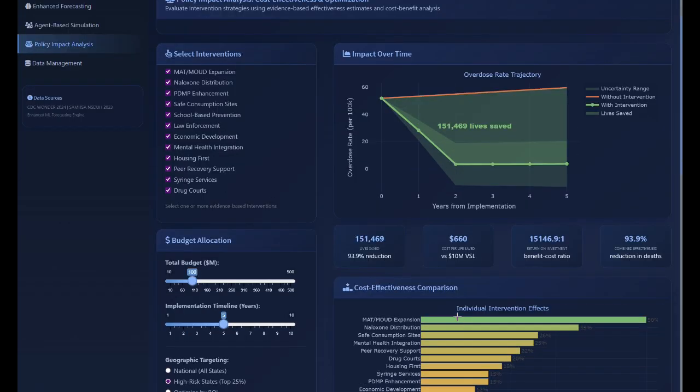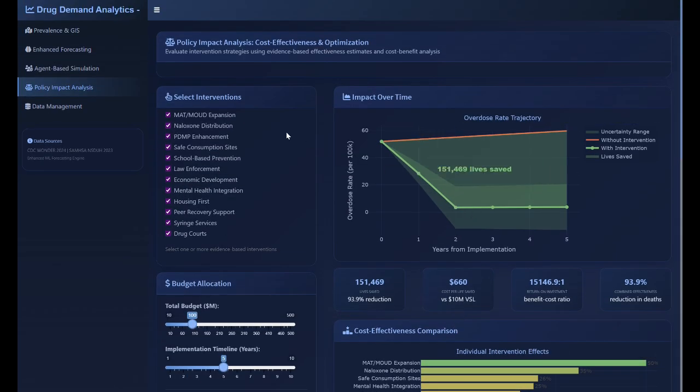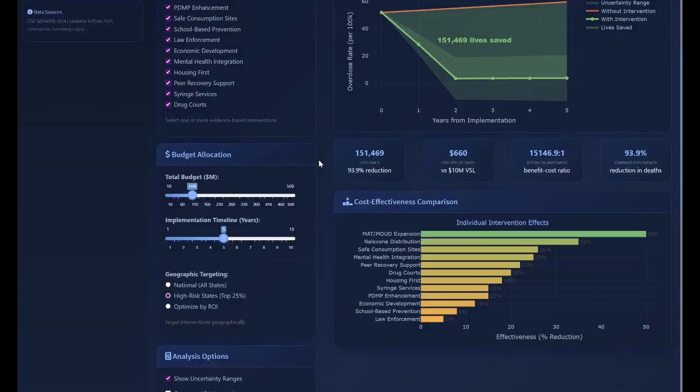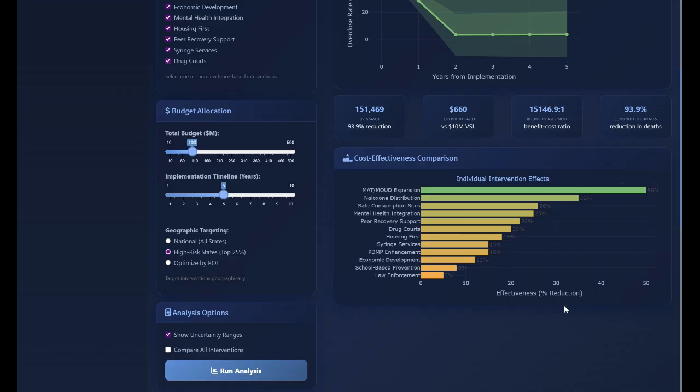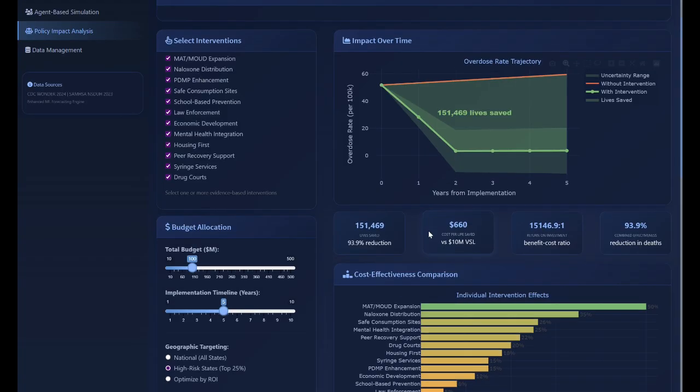And then the analysis shows the number of lives without intervention, and then the number of lives saved with intervention. And then here it shows if you incorporate all these types of interventions according to the simulation, you could save 151,000 lives that you would not otherwise be able to save. And then here it shows the interactive effects of those interventions to show which ones are more significant than other types of interventions when we take into account the totality of lives saved.